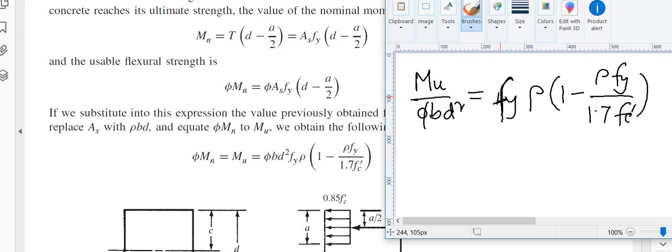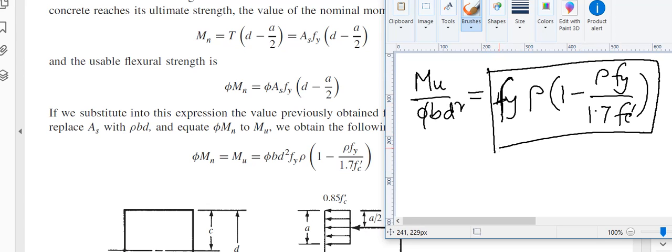So if I write this equation this way, you can see that this portion is